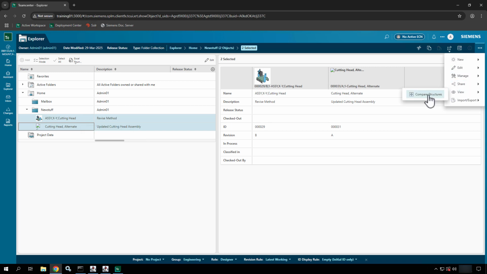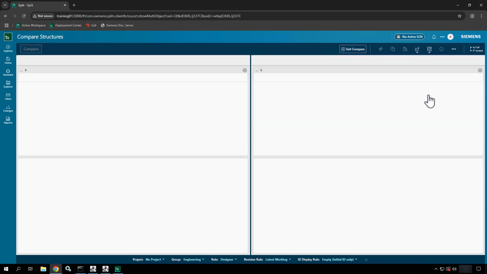And then if I come into view, I can see the compare structures from this view as well. So if you're in the structure window, you're not going to easily be able to compare two top level assemblies because it's hard to select them. But if you can find those two assemblies in another location, come into the view and hit compare structures,